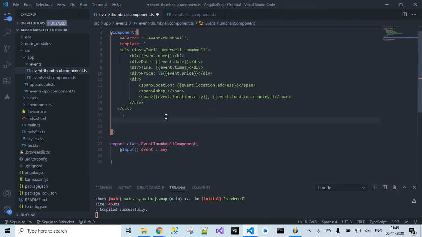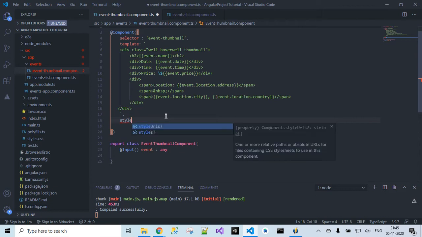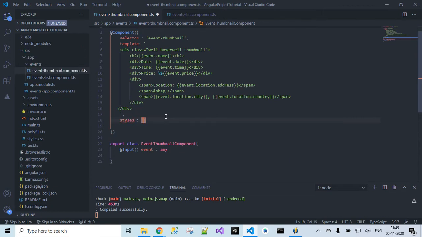We have to include styles inside our template, and inside square braces we have to provide what we want to apply for our template. That is, what kind of CSS classes I want to apply for our template, that we have to define over here.